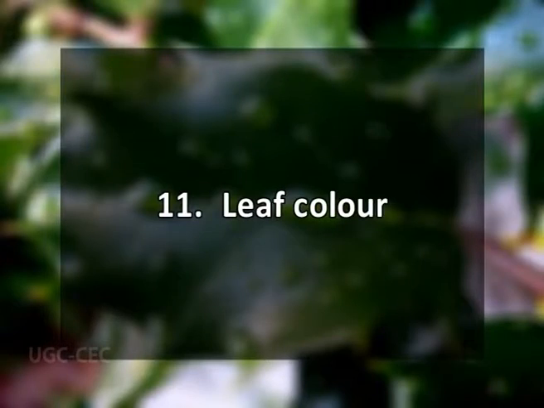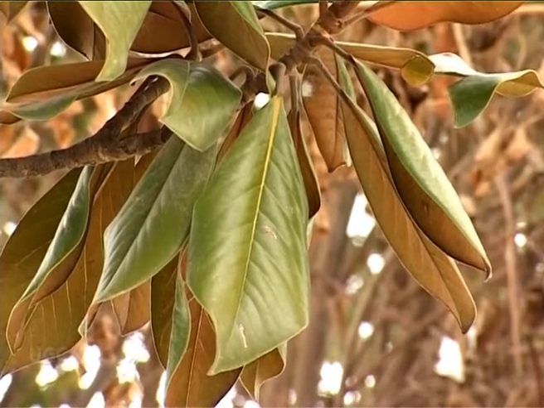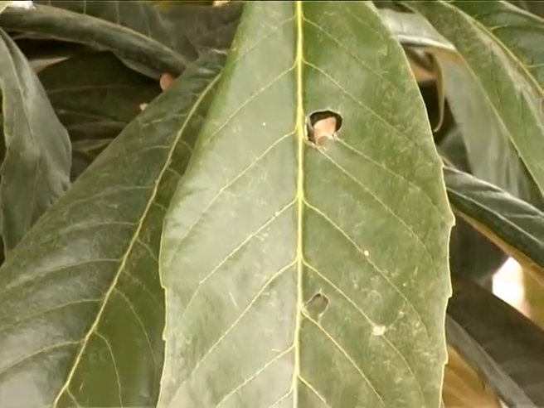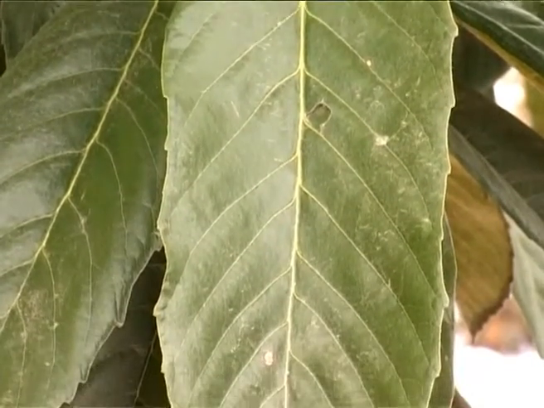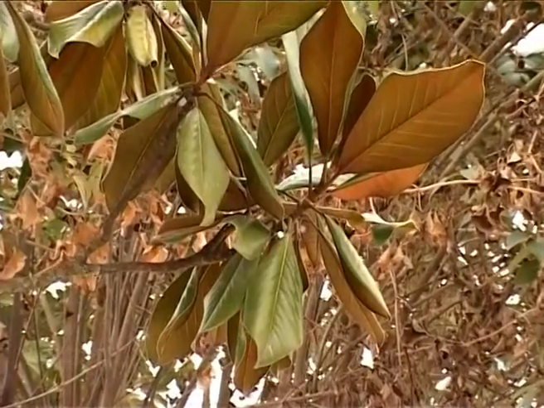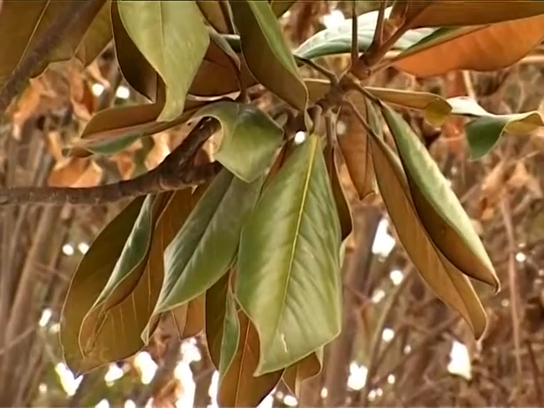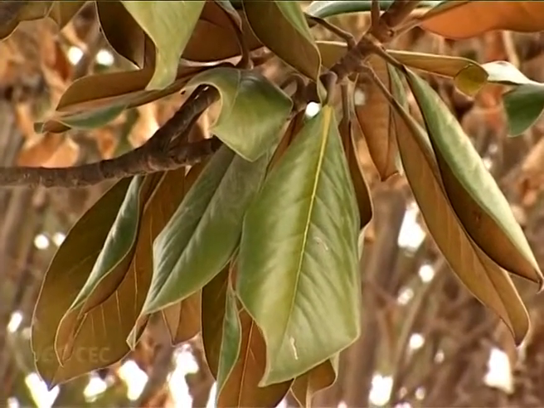Dear students, color is also very important. Leaf color is also taken as an adaptation. Studies have proved that light colored or glossy leaves reflect light. They show a high reflectance. This lowers the temperature inside the leaf and thus prevents loss of water by transpiration.